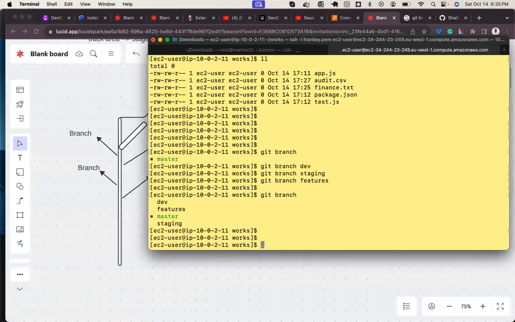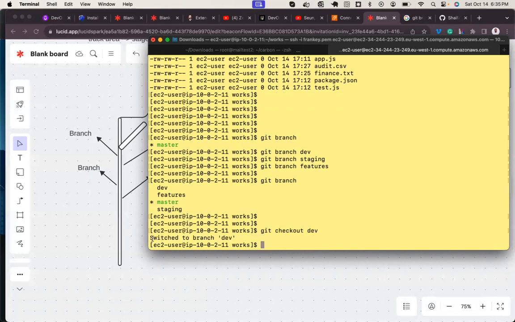To switch from one branch to the other, I'll say git checkout, then the branch name. Let me say dev. It will tell me that I have switched from the master branch to the dev branch. So let's check git branch.